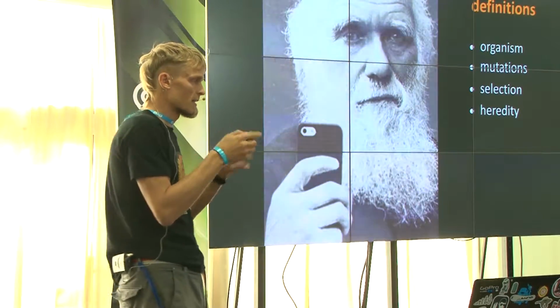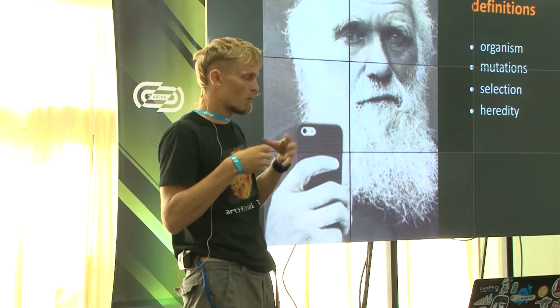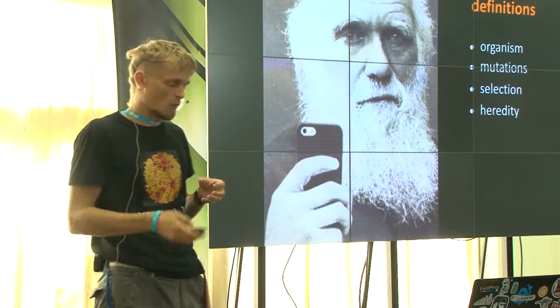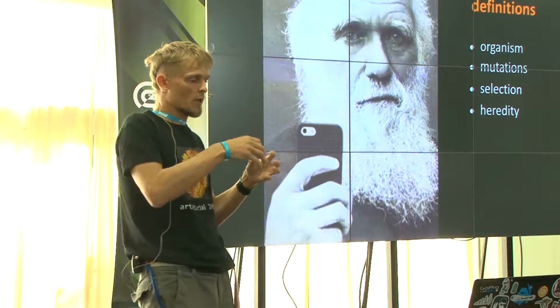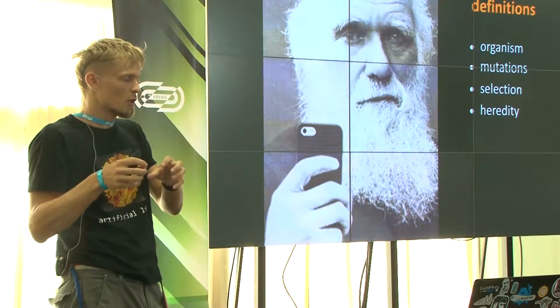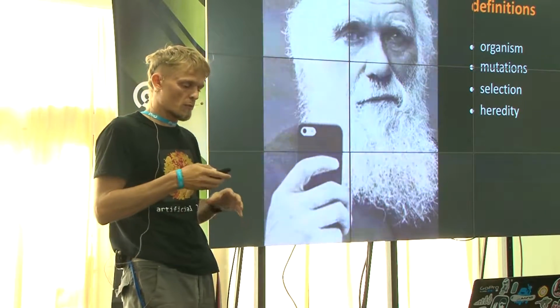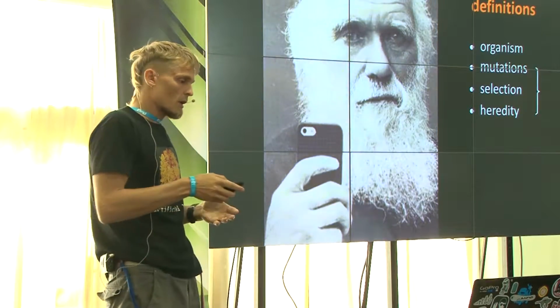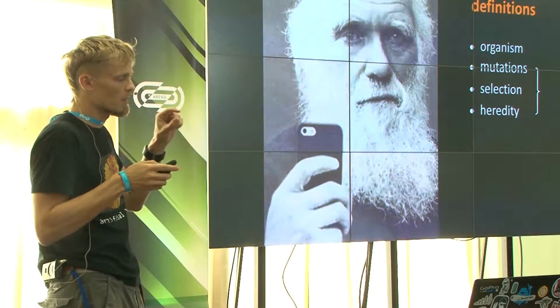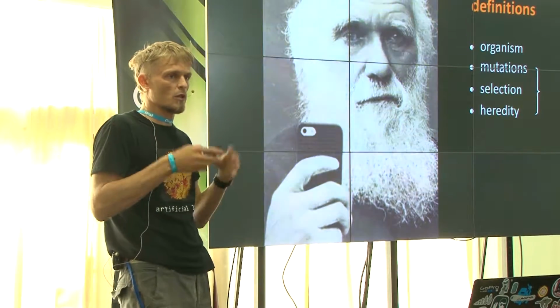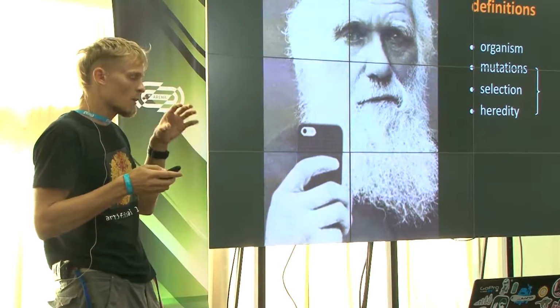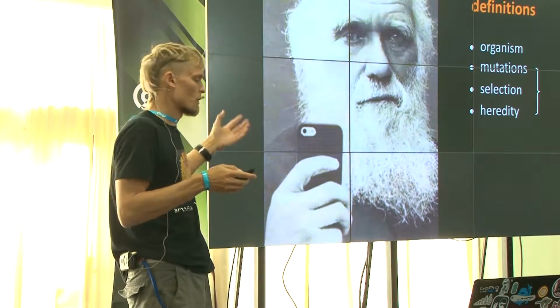Heredity. Heredity is an ability to pass all your properties to your child. So for example, if we're talking about a computer program, we may copy this program and make some mutations, but most of the properties of the program will be the same. Okay, these 3 items are the basis for evolution in nature. So we'll take this basis for our computer models.